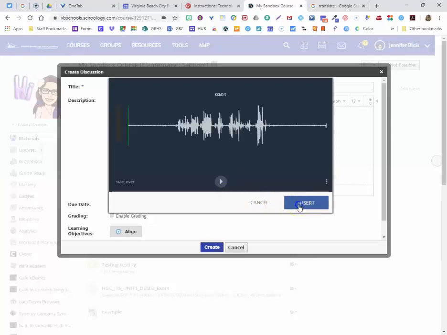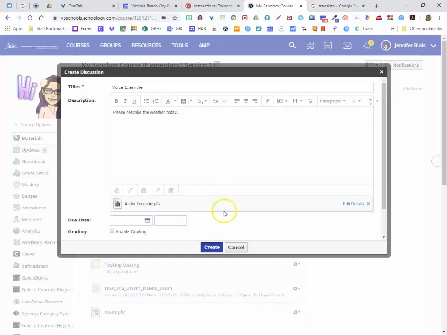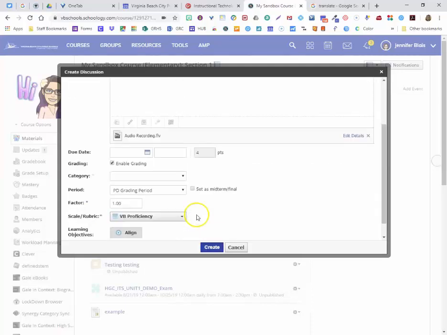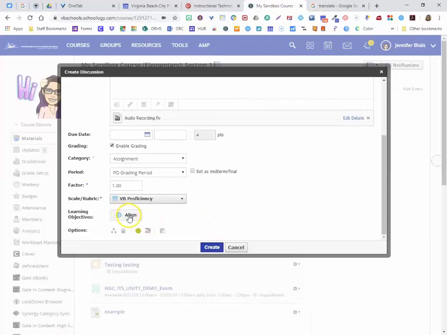And then you just push insert. And then your file is going to show down below. You can enable grading for this, so if this is going to be a grade, you can enable grading, and then you'd have to give it a grading category and all the normal items. You can align it to an objective so that you are able to see how they did on this and